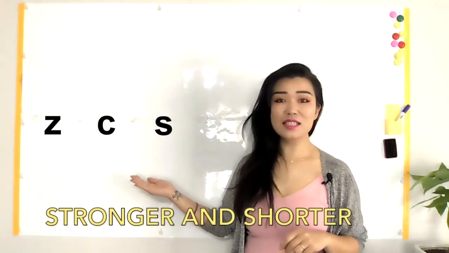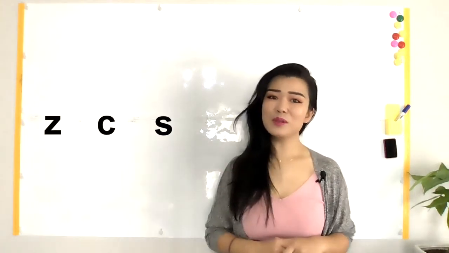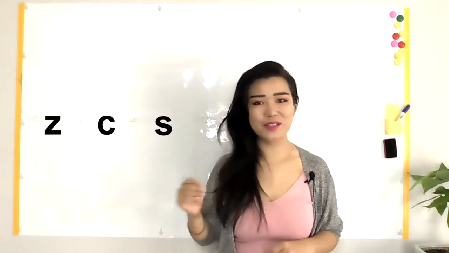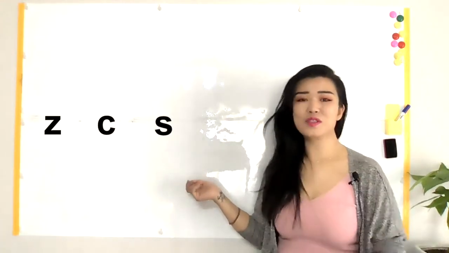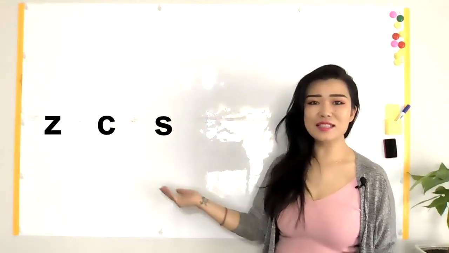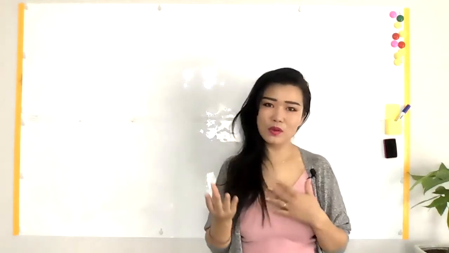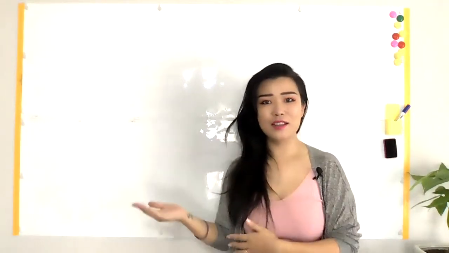And for s, use your tongue tip to almost press your surface and don't move your tongue tip and let the air flow. So this is a quick review to help you learn again how to pronounce